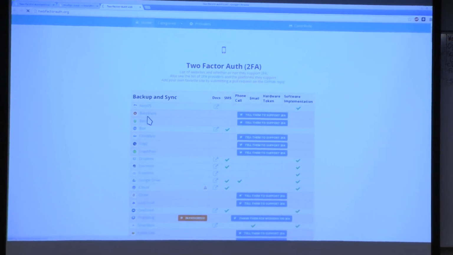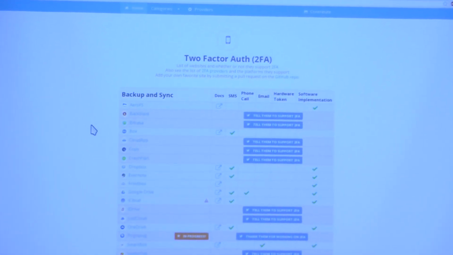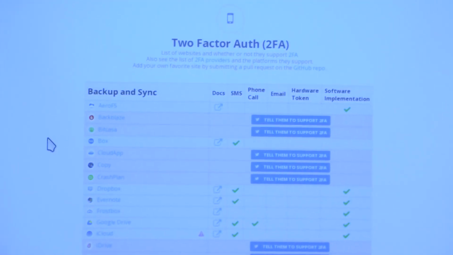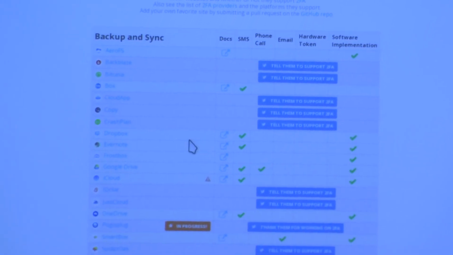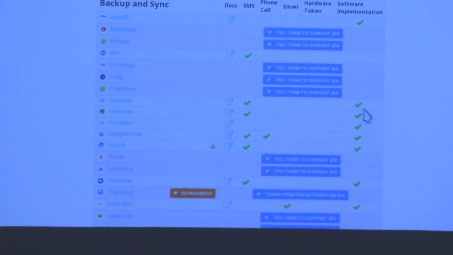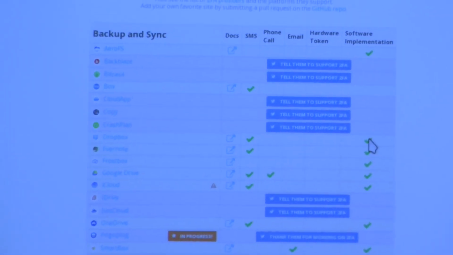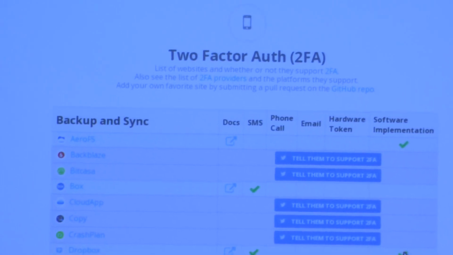This pretty much gives you a giant list of various web services and whether or not they support two-factor auth, and if they do, what implementation they support. So you can see Dropbox supports both SMS and a software implementation that usually means TOTP. Sometimes it's like a proprietary software implementation, like